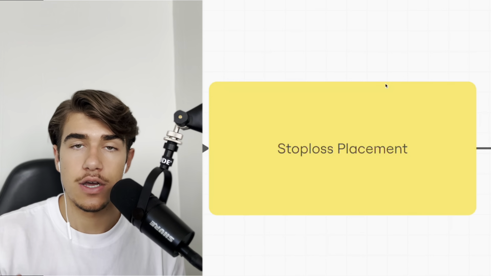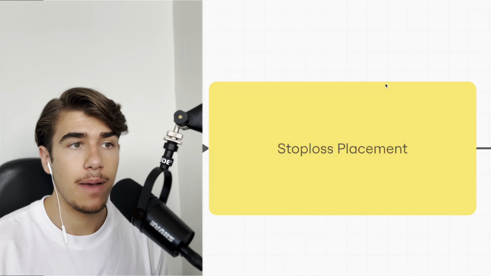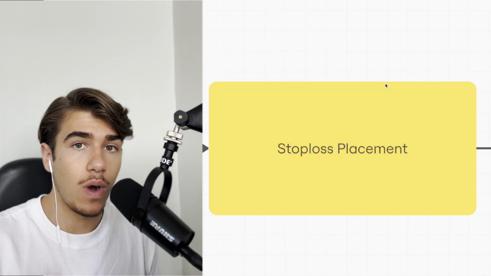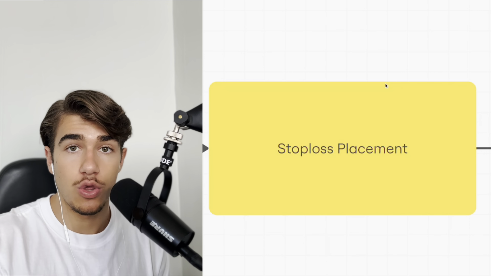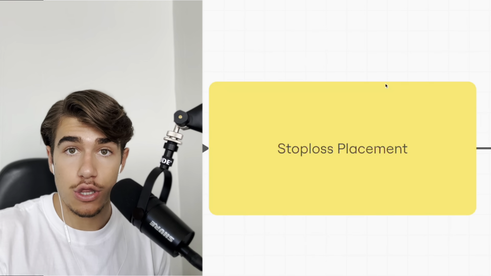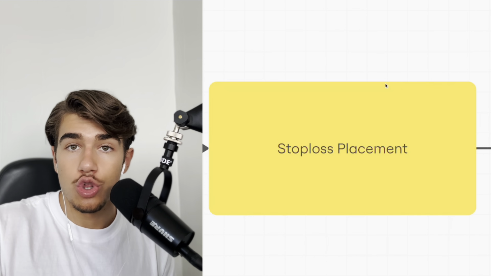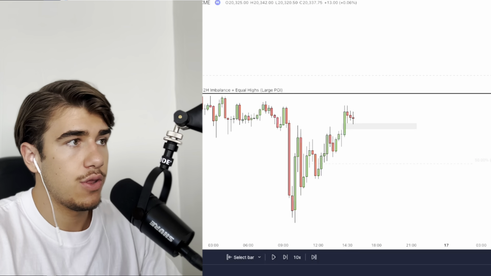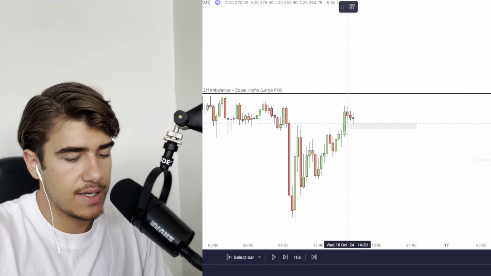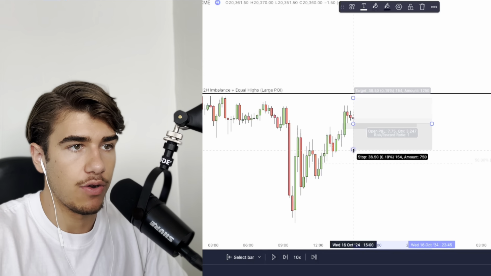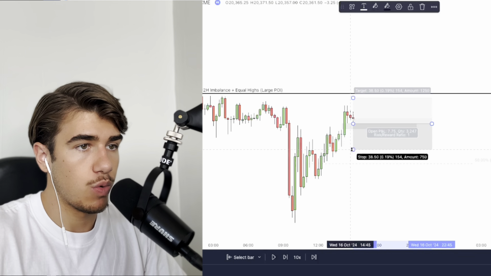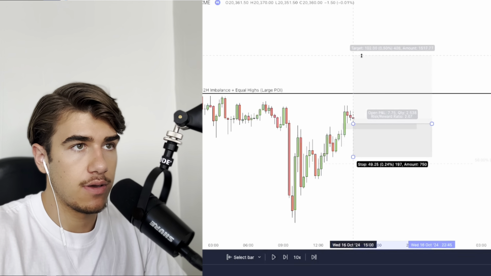In my opinion, it's not super important where you place your stop. The most important part is understanding why you place your stop there. So my analogy when it comes to stop loss placement is that you want to place it in a place where if the price goes there, your idea is invalidated. So again, let's use this right here as an example. Let's say I wanted to enter off of this 15-minute imbalance right here. My stop loss could go to this swing low right here, and my target could be a 1 to 2